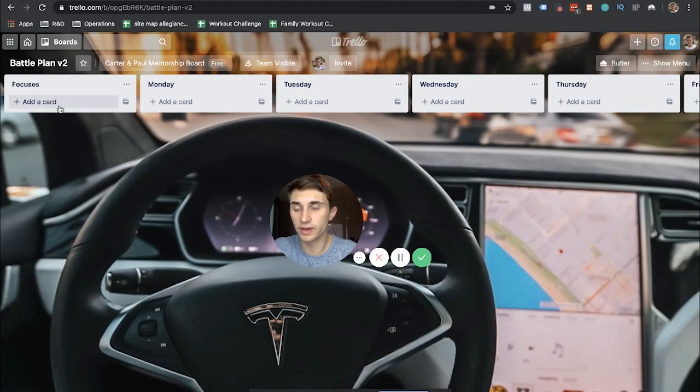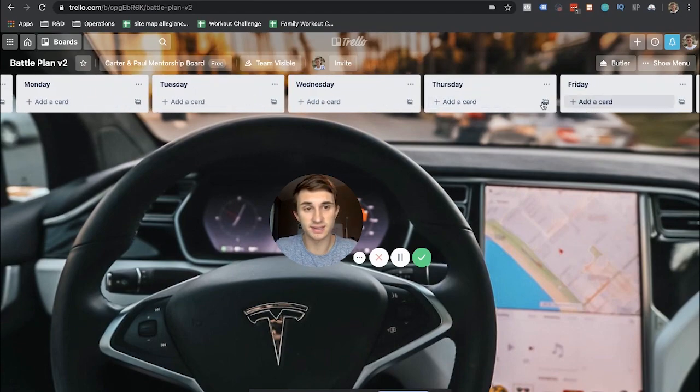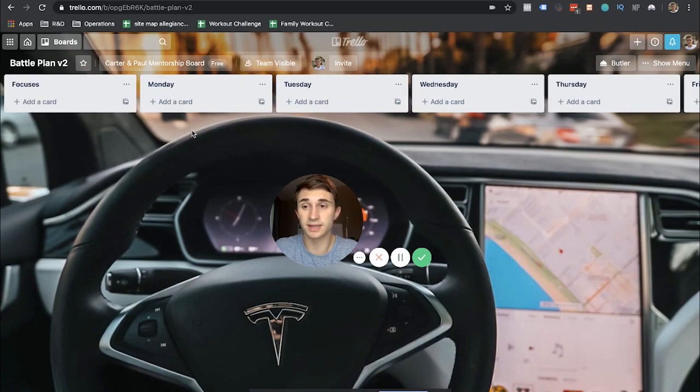So within here, you can add cards. So these are lists, right? You can add cards within these. And this, I believe, is called a Kanban board. And Notion has Kanban boards too. I just think that this one probably looks better. You know, I'm gonna show you guys what Notion looks like in a minute for doing something similar to this. It looks different. It does the same thing.